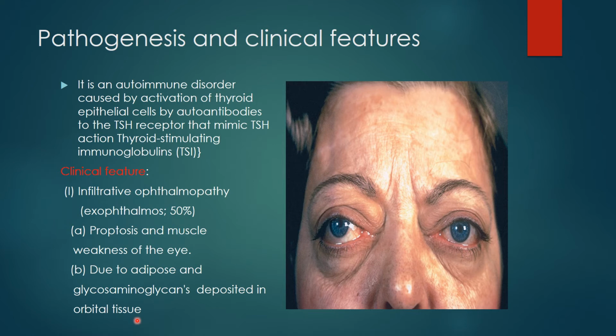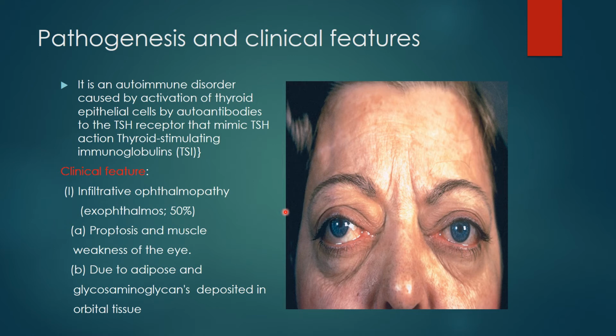What happened, my dear students? There is a protrusion of the eyeball. It is associated with increased volume of retroorbital connective tissues and extraocular muscles, and this occurs due to many reasons. One of them is a marked infiltration of the retroorbital space by mononuclear cells, predominantly T cells. So whenever there is a mononuclear infiltrate accumulation behind the eye in the retroorbital area, it causes expansion of the retroorbital space and results in this exophthalmos.